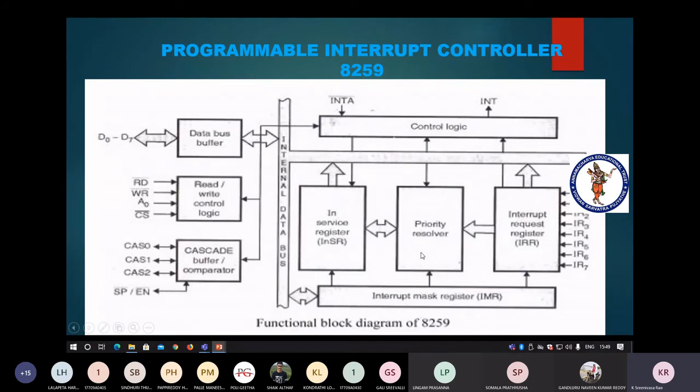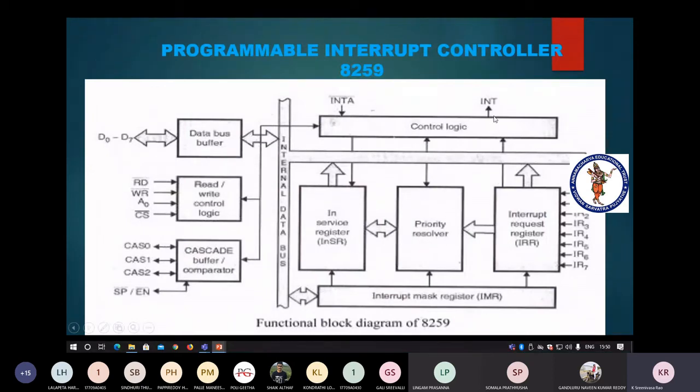Priority resolving. This priority resolving is required to provide the service for the next request. Based on this information, you can understand that currently some source X is in service. But what is the next source we have to serve? That can be decided by the in-service information, and whether that source is connected to a device or not. So these three pieces of information are collected with the help of the priority resolver.